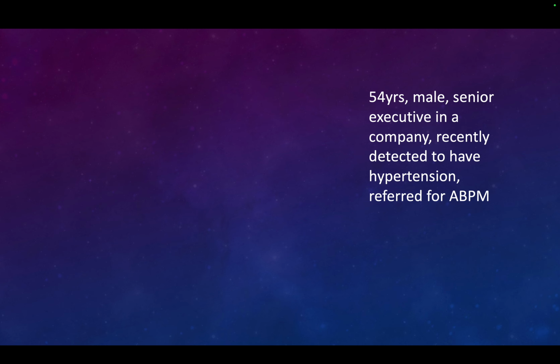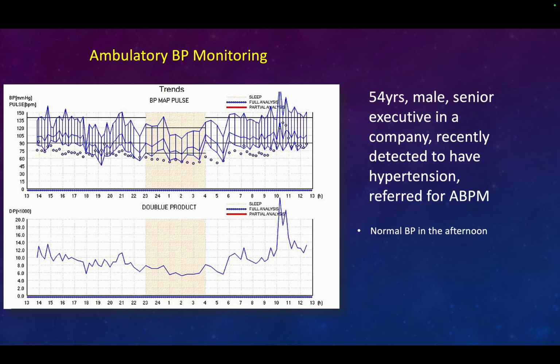I am going to give you a couple of examples of BP variability. Very few examples, very discrete, and I don't think you should miss this. This is a 54-year-old male, a senior executive of a company, obviously a lot of pressure day in day out, and detected to have hypertension. And wisely, somebody suggested that ambulatory blood pressure monitoring should be done. All guidelines, NICE, European, American, Canadian, only mention one thing: it's good to have ambulatory blood pressure monitoring done at least once in almost all patients who have hypertension.